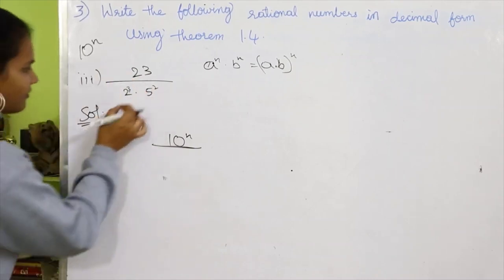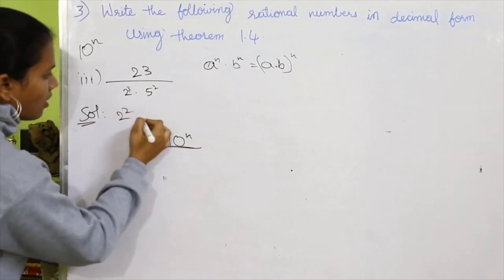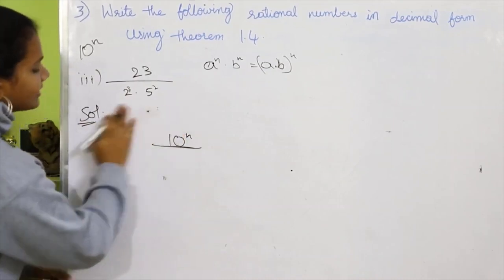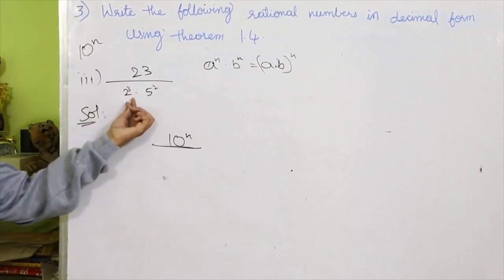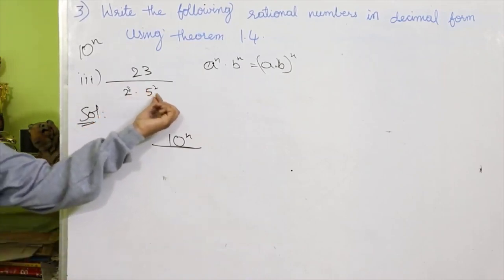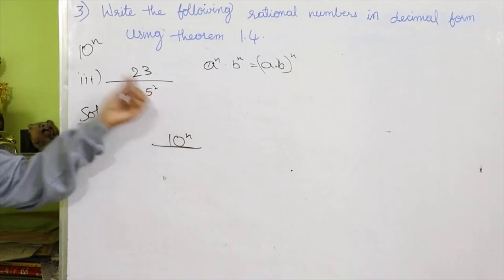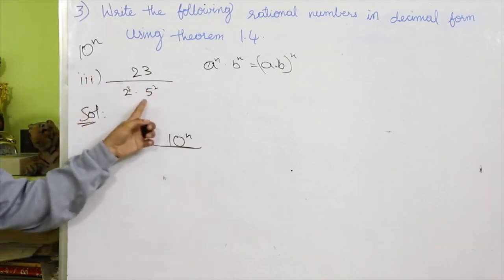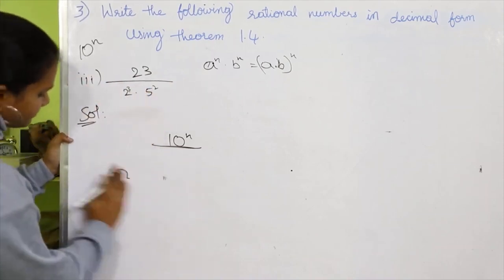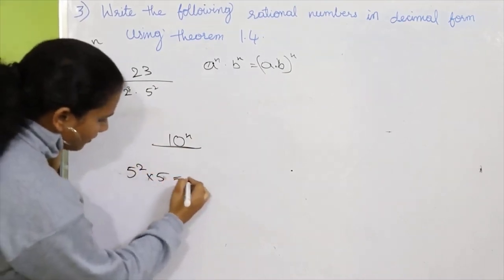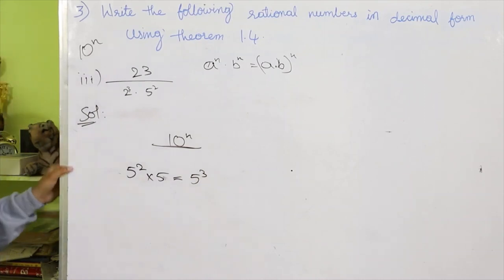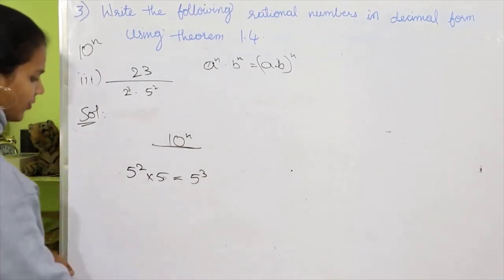Either I must change this or this, but I can't change this 2 cube. So then what would I do? I will multiply with 5. 5 square into 5 equals what? 5 cube, right? 5 square into 5 is 5 cube. So therefore